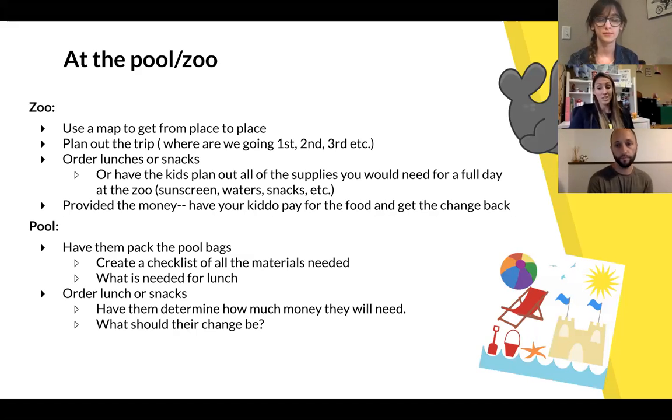Have them order lunches or order the snacks. What do you all need at the zoo? So before you go, have them make a list of what you're going to need that day. Are you going to need sunscreen or waters and snacks? Anything else that you may need, maybe it's